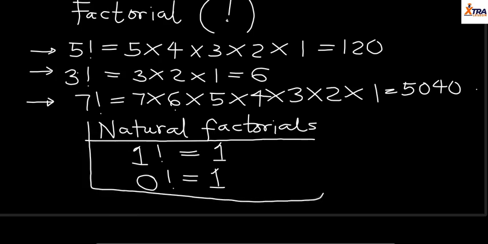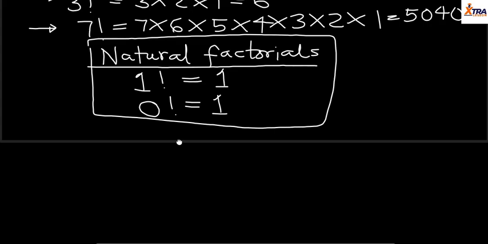These are the natural factorials. So back to what we were doing. Now, since we understand that factorial is just a multiplication of successive integers down to 1, then